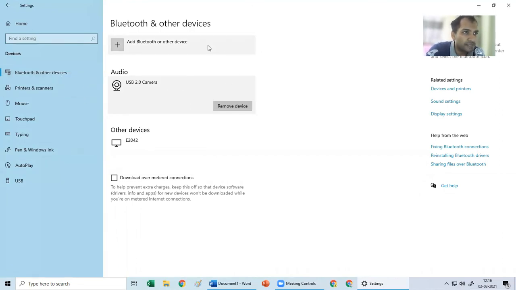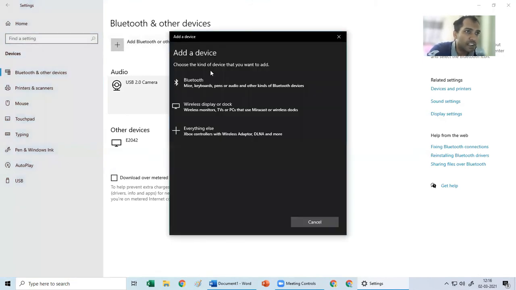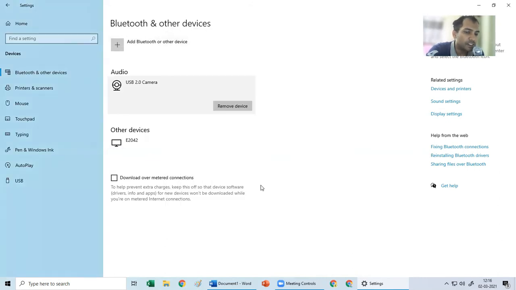So this is Bluetooth and other devices. You can remove as well as click on add devices in case they are not seen over here. So when I click on the add option, you can see Bluetooth device or a wireless display. Whichever you select, you can select and continue. Right now, I'm also connected to the wireless keyboard and all. So all those will be seen over here. Metered download over metered connection. Metered connection is a connection in which you have very less internet facility. Like it's heavily charged. So you can only take this on if you want to download over the metered connection.